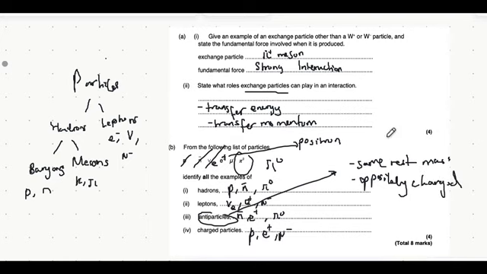For example, a proton and an antiproton, they both have the same rest mass. You can check that online if you'd like. They both have 938.3 mega electron volts, but they're oppositely charged. This is positively charged, this is negatively charged. But the opposite charge to a neutral particle is just that charge itself. It's just zero. So this is its own antiparticle. This only applies with a pi naught meson and a K naught meson. So these two particles, their antiparticles are themselves.